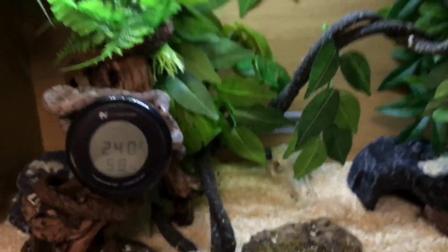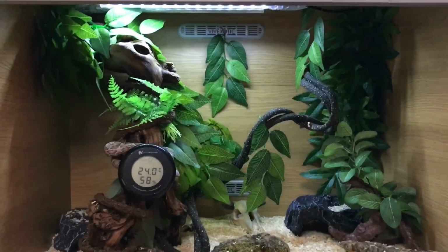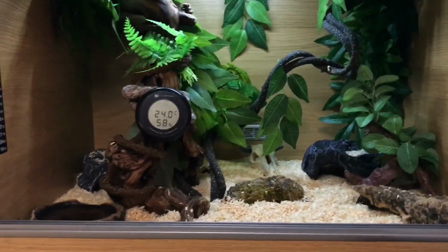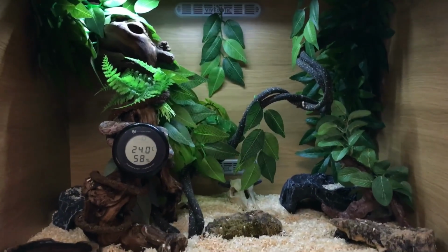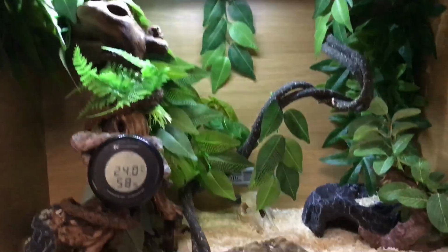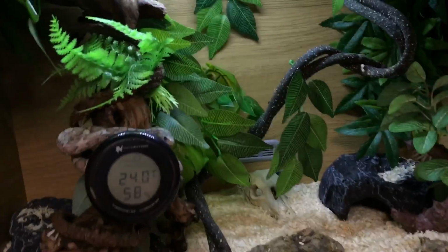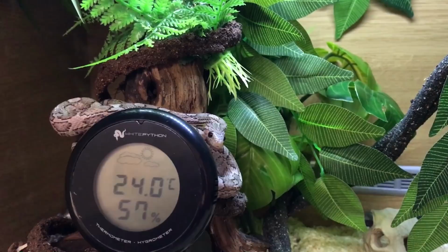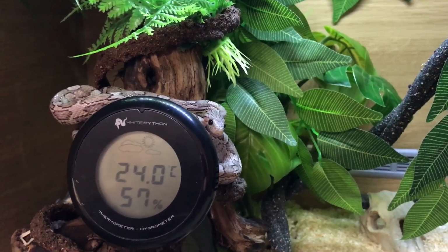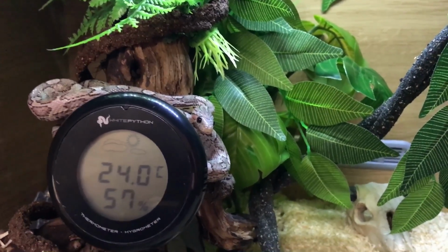But I'll show you Indi's enclosure. So this is a 2-foot Viv Exotic, as you can see. It's 2 foot wide, like 1.5 feet high, 1.5 feet deep. It's a perfect little baby enclosure. I always say about snakes, giving them more space is hugely beneficial, and as Indi grows, he will certainly be upgraded. But while he's small and I want to handle him and have him get used to me, which he's doing brilliantly, I want him in an enclosure that gives him enough space to climb and hide and explore,